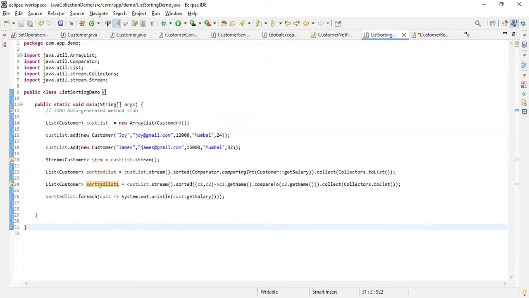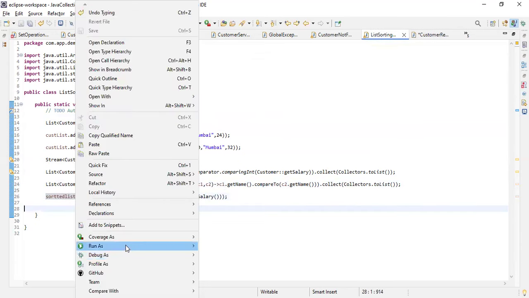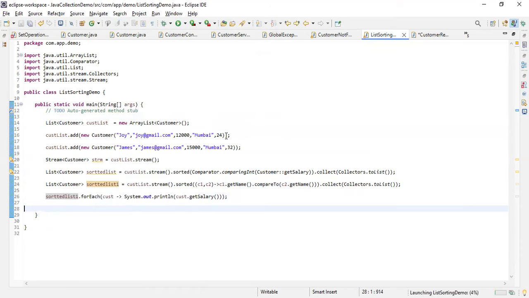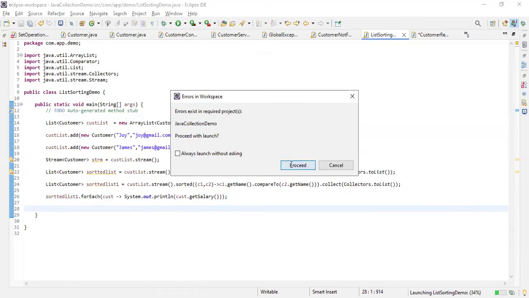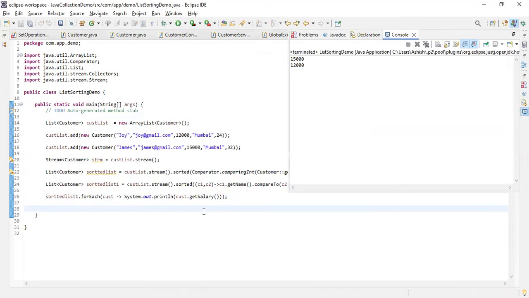So then run as a Java application, correct. So here you will see we are just using comparing in descending order.